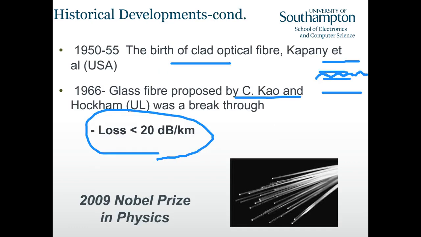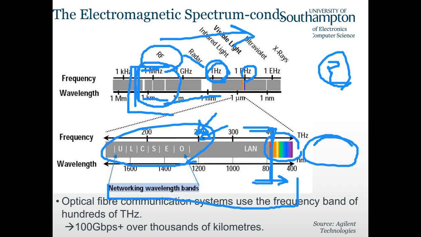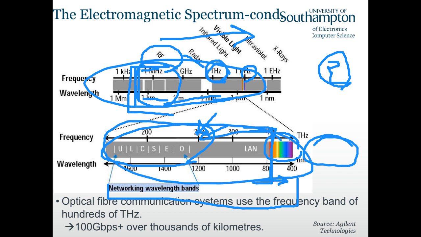So we have looked at the spectrum, and I mentioned that the signal generation of RF, so the transceiver design of RF, is different from the optical band. The optical signal generation and the reception is completely different from the RF systems. So we're going to talk more about this here.